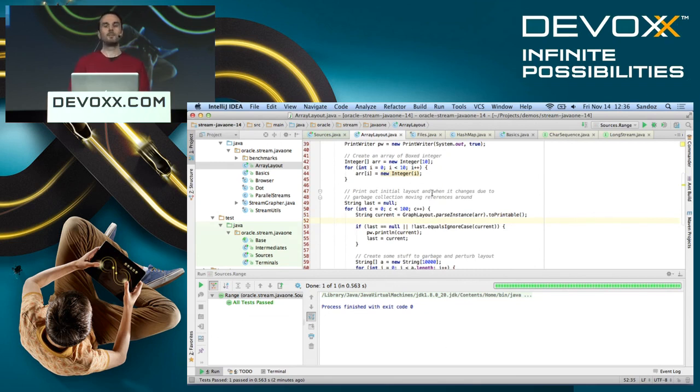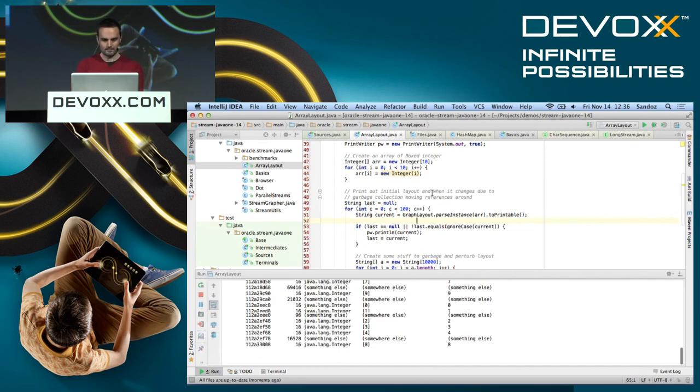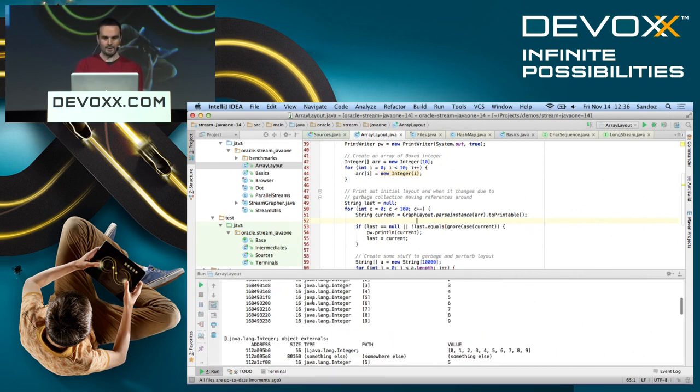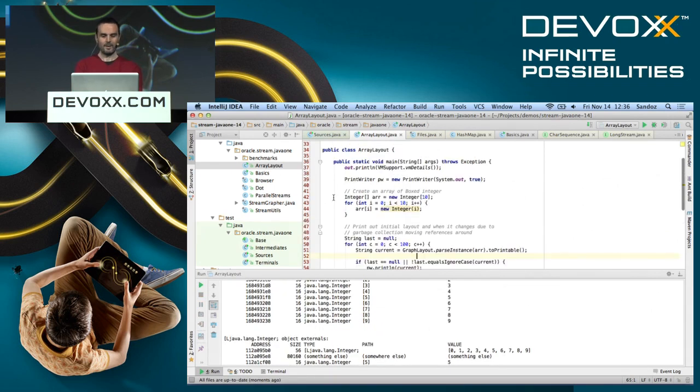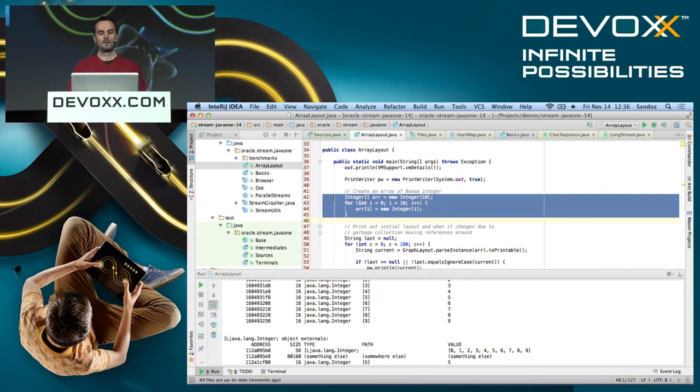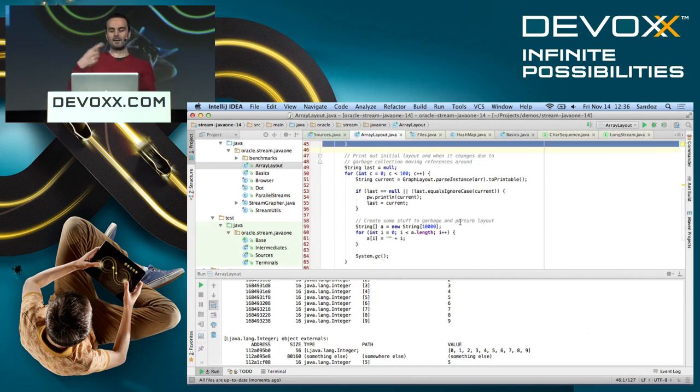And I've created a very simple example showing an integer array and what happens after the integer array over a period of time, what happens when GC kicks in. So I'm going to just run this and hope it shows quickly what I want. So what I'm basically doing, I'm looping through here, creating an array and creating integers in that array. And then I'm looping through again and saying, does the layout of that array change? If so, print it out. And I'm using Java Object Layout to do that.